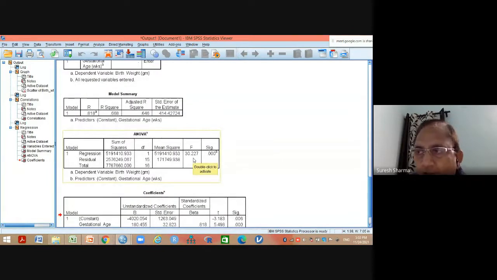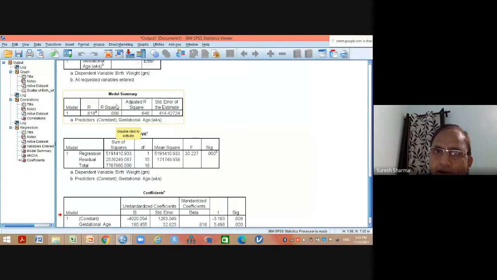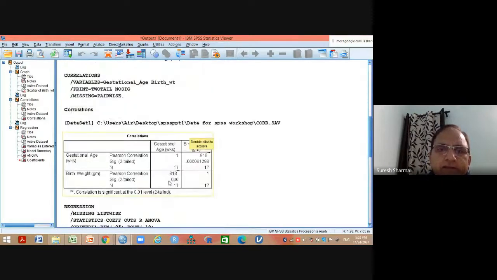Then three important points in simple regression, what you have to report in your final presentation or in your final paper. You can note down, please. Number 1, the value of R for simple regression, not R square. R square is for multiple regression. You have to report the value of R in case of 2 variables. So your R value has to be reported as 0.818. It has to be significant, and we have already seen that it is significant. This is the p-value, 0.0001. You can report like that.